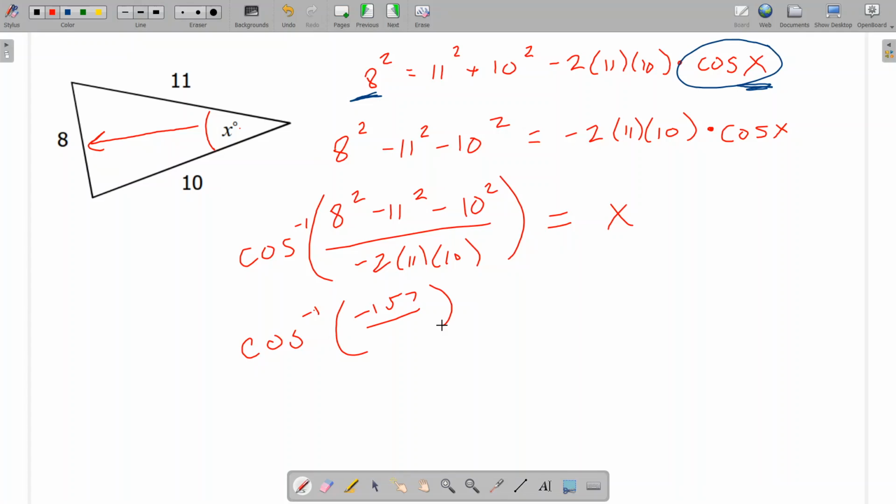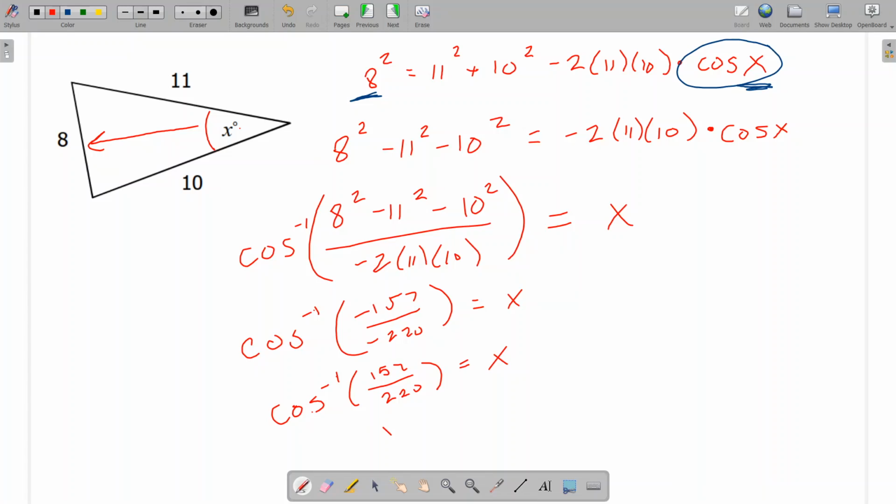And then in the denominator there, we've got negative 220. So really, we're just doing inverse cosine of 157 over 220. So if we do that, we get